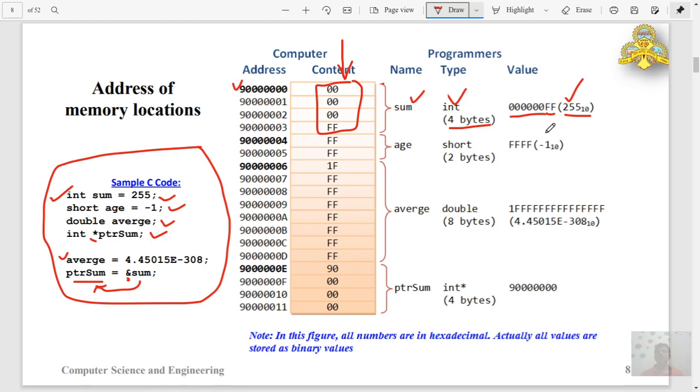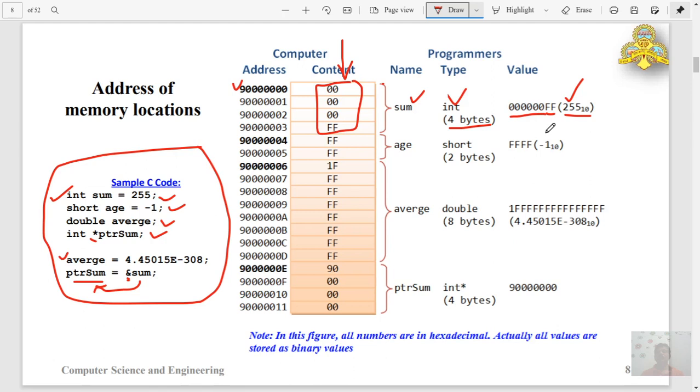The first memory location of the allocated memory is highlighted here because it is the base address. Base address is very important. The address of the first byte in any memory location or any object is the base address.